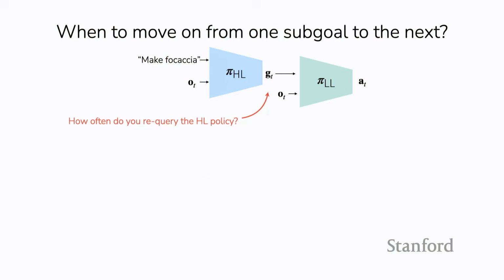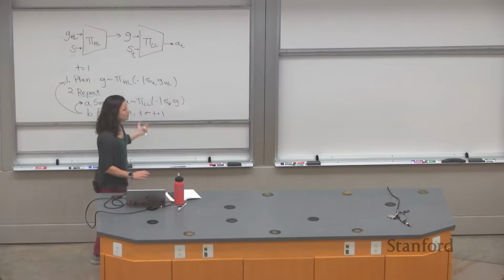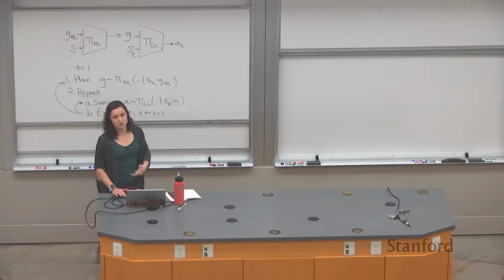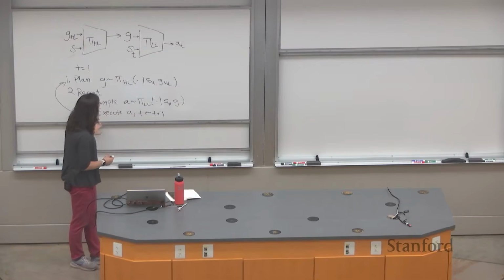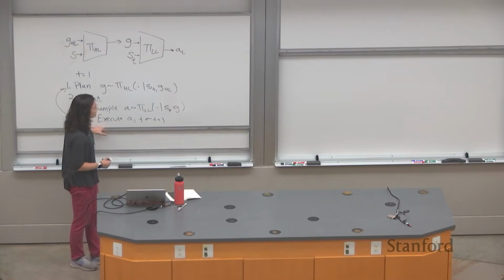So there's two natural options for this. The first natural option is to requery the high-level policy whenever the low-level policy has completed the goal. So when it has boiled the water, that's when you tell it to go find the pasta, for example. And the way that this would look like is, at this point, your low-level policy not only needs to